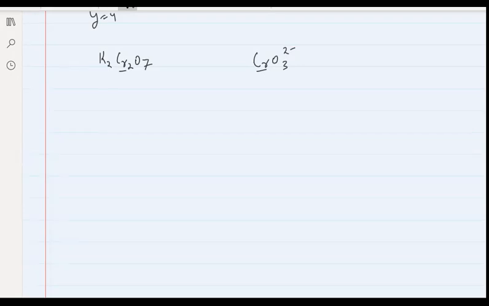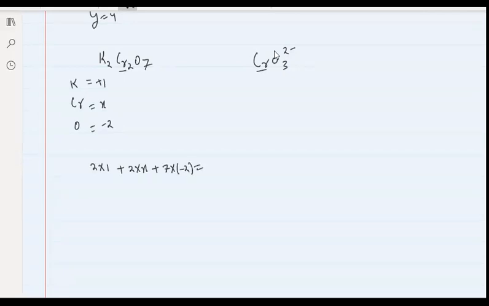Very good. So just step by step. Potassium, chromium, oxygen, right? Potassium plus 1, chromium we don't know, X, oxygen minus 2. So 2 into 1 plus 2 into X plus 7 into minus 2 is equal to 0. So 2 plus 2x minus 14 is equal to 0. So x is equal to